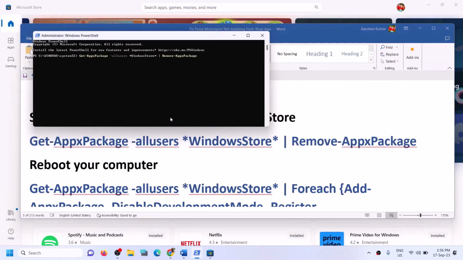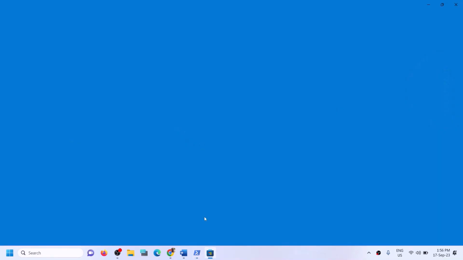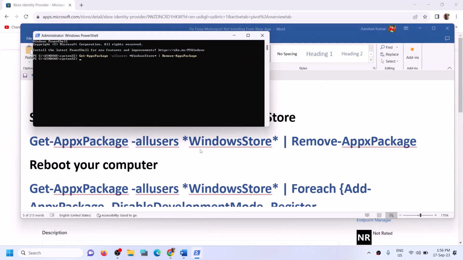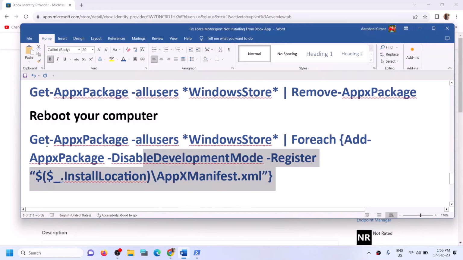Paste the command over here. This will uninstall Microsoft Store from your computer. Here you can see Microsoft Store. This will uninstall. It's gone now. Now you can restart your computer and then